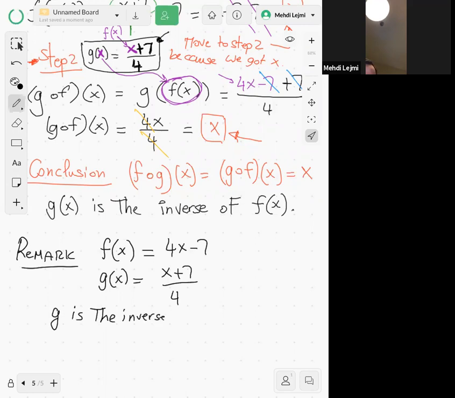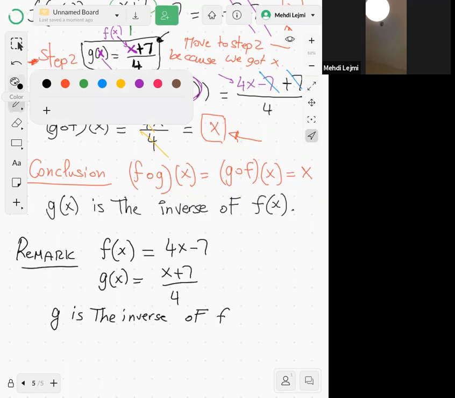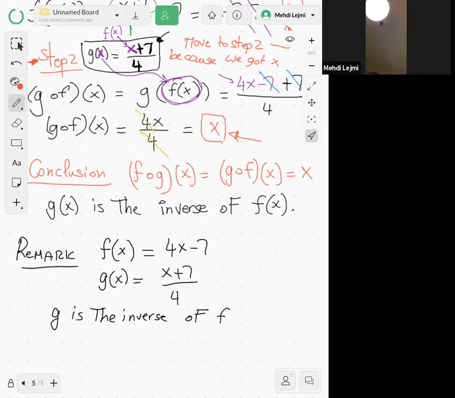Is the inverse of f. So as you can see, guys, the g is not a reciprocal of f, right? This is not 1 over f. I mean, 1 over f would be like 1 over 4x minus 7, right? So obviously g is not 1 over f. And however, you can see if